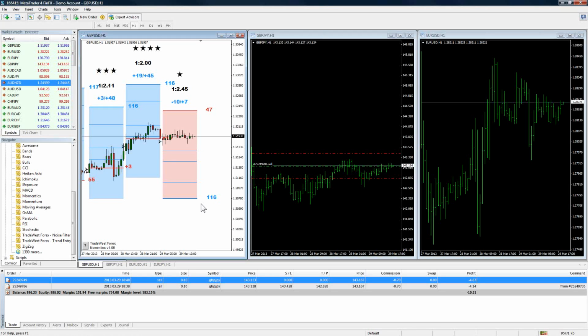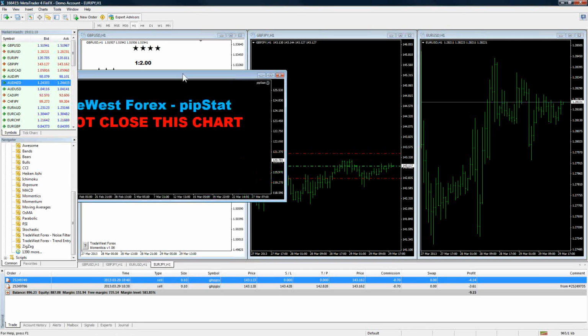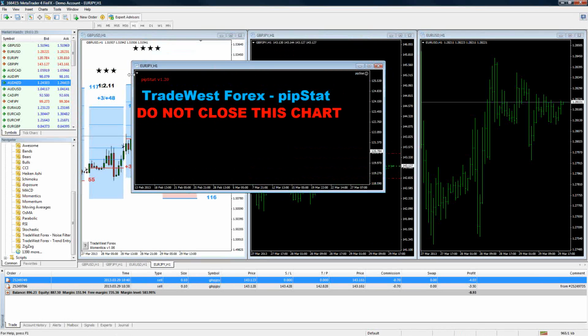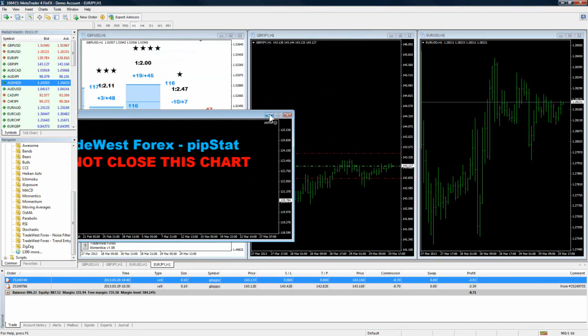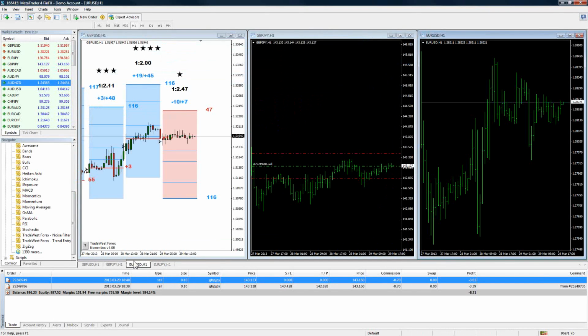Even though Pip Stat loads up like an expert advisor, and as you can see here, we've got 4 things open down below, but only 3 charts up. That's because we have a small little guy that's been minimized, and that's our connection. This is Pip Stat's connection into the MetaTrader 4 platform. It was really pretty ingenious how they came up with that. I'm no programmer, so I don't get to take credit for that. But it synchronizes into the system, and that's how it works.